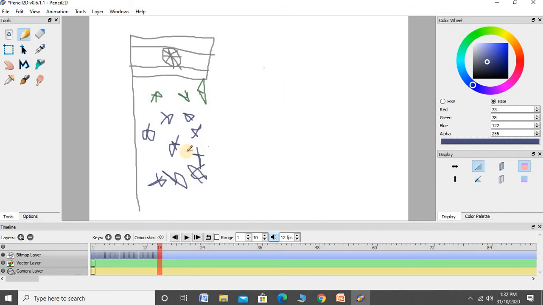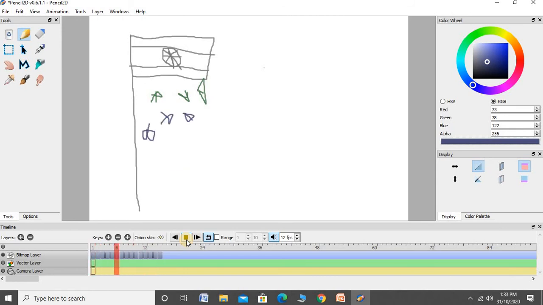Okay, and run it in a loop. Like this, you imagine that the flag hoisting ceremony is done.